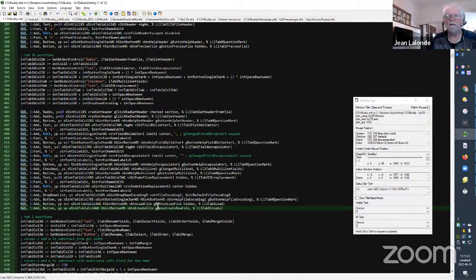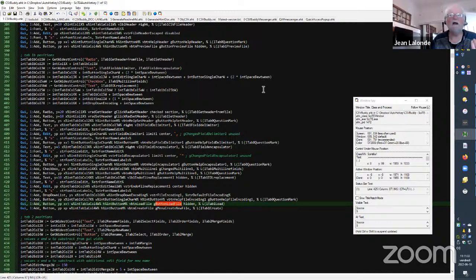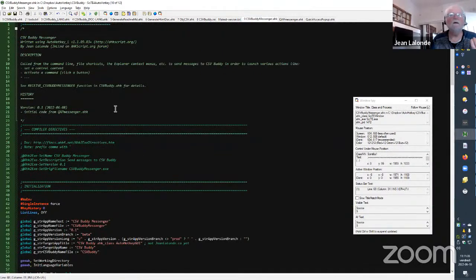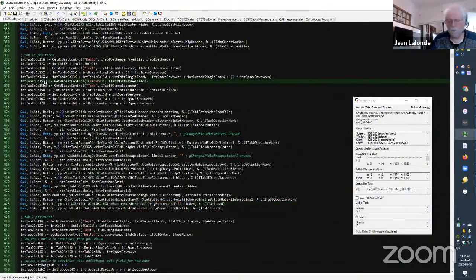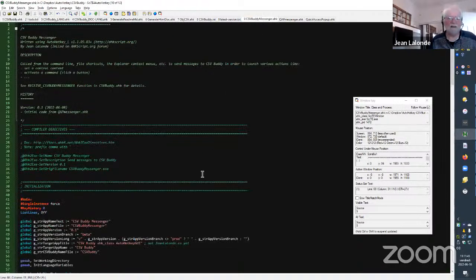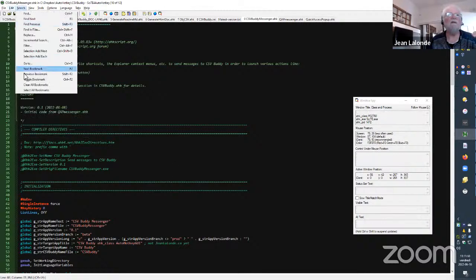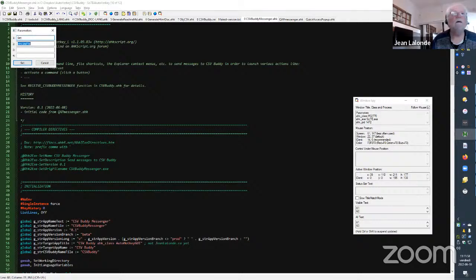I still think I'll go back with the suggestion from Guy, because saying load file or button load file is quite the same. It's not more complex for the user. So what I would have to do is here, when I run this, in fact, I'll go where here it's the receiver. So CSV Body Messenger is the application that will send the command. And for example, if as parameter I say here set,